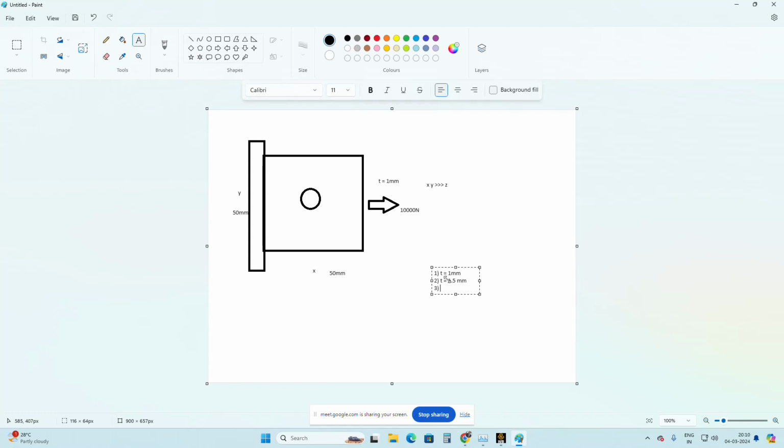So the stress acting on this structure should be well below the 320 or 420. If it is within the elastic limit, then it should be well below the 320 or above 250 megapascal in this way. So what I'm going to try is I'm just starting with a 1 mm thickness,